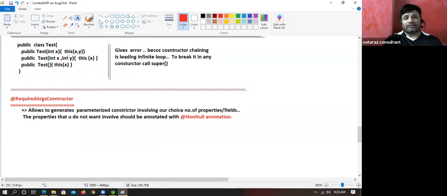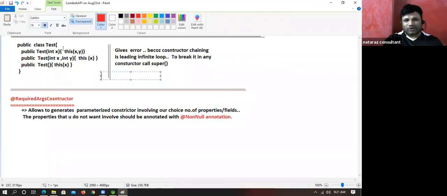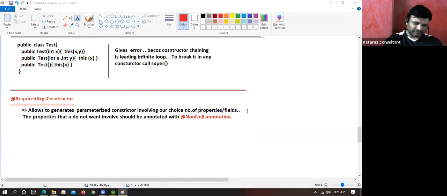How is it leading to an infinite loop? One constructor is calling another constructor, yaar. Ganesh Kumar, please read your core Java. It's an infinite loop only, na? Suppose you created an object using the one param, that is calling the two param. The two param is calling the one param again. Again the one param is calling the two param. Where is the end? Ganesh Kumar, please improve your core Java fundamentals. The day you know what this() is, then you will understand this.